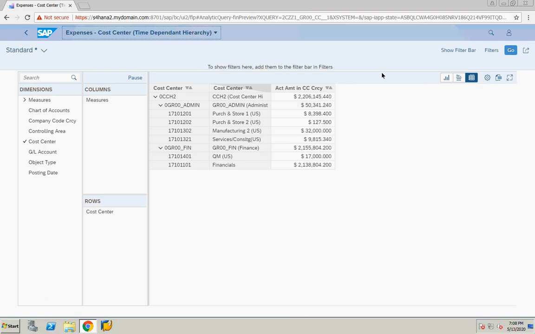It's all about how you are going to use the semantics. For example, you have one report in that custom analytical query you are developing. For that custom analytical query, you can develop navigation targets. Navigation targets means from this report, which reports you want to drill down. For example, I want to drill down to cost center relevant reports, also GL account relevant reports.